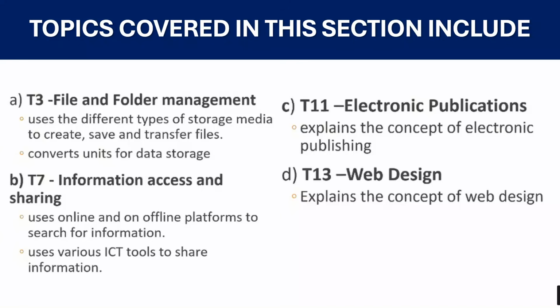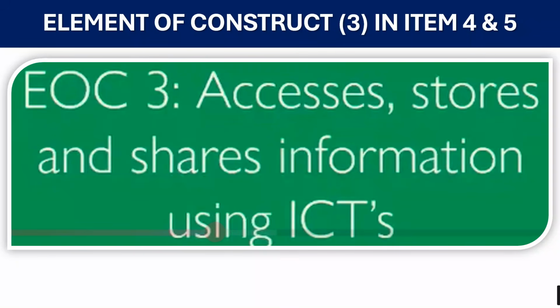Our first topic is files and folder management, then topic 2, which is information access and sharing, and then we have electronic publication, then web design. These are the topics that make up our element of construct 3, which focuses on accessing, storing, and